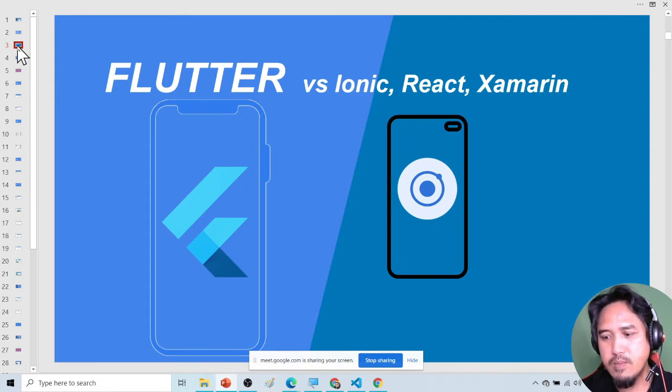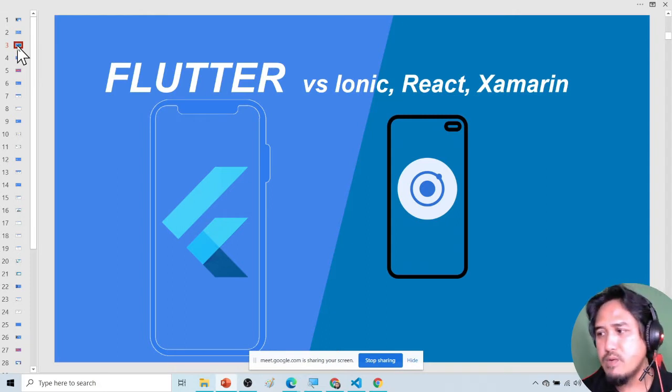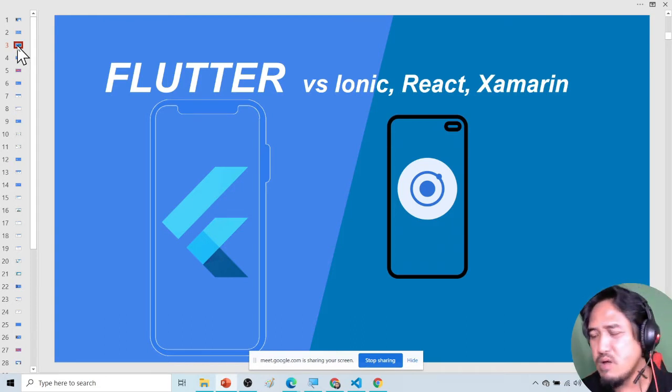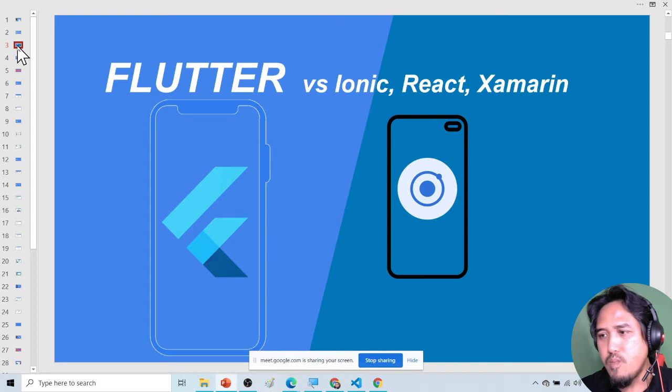It's basically bought over by Microsoft and integrated into Visual Studio. So we have many players. Flutter is backed by Google. Ionic is backed by a company called Ionic. React Native is backed by Facebook, and Xamarin is backed by Microsoft. And we have another one which is Unity 3D, or Game Salad. There's a lot of players or IDEs or tools available in the market, but what I'm trying to focus on today